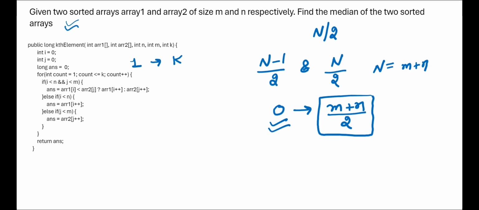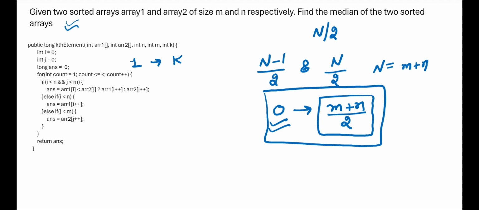Now we know that in case of an even size array we need two elements. One element we can get easily by running a loop from 0 to m plus n divided by 2. Now let's see how we can get the other element. So if we take two elements, let's say m1 and m2, and we initialize m2 with m1 in the starting of the loop, let's say here